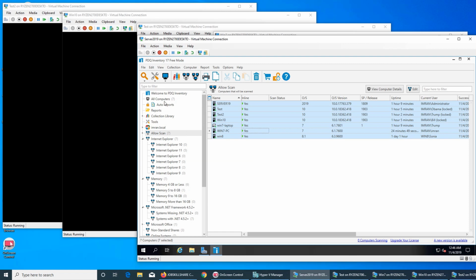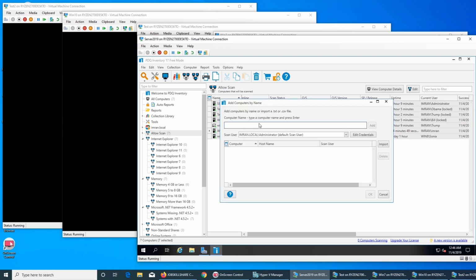But then you will not be able to add computers via Active Directory. You will have to add them by hand. You have to make a small notebook, name those computers, write those names, and then you can add them by name. For example, if you click on Win 7 and you click add,